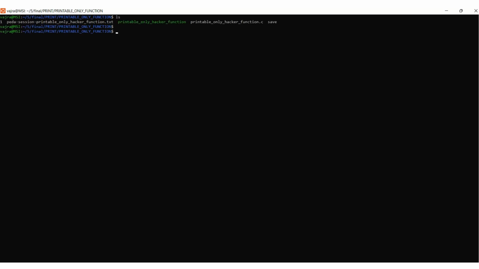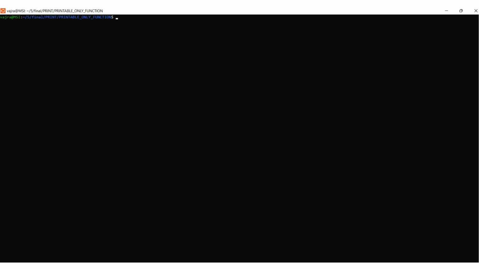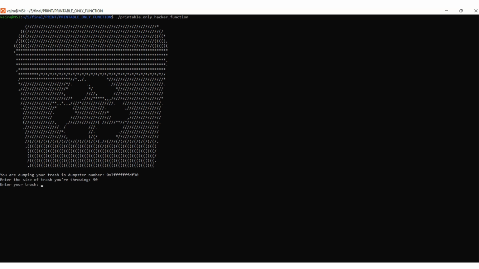Printable_only_hacker_function.c is the C file, and the binary has the same name. I am compiling it with the same options, and now I am executing it. Suppose I give 90 bytes, it will take it. Suppose I give 91 or 100, it is not taking, because the maximum length accepted by this